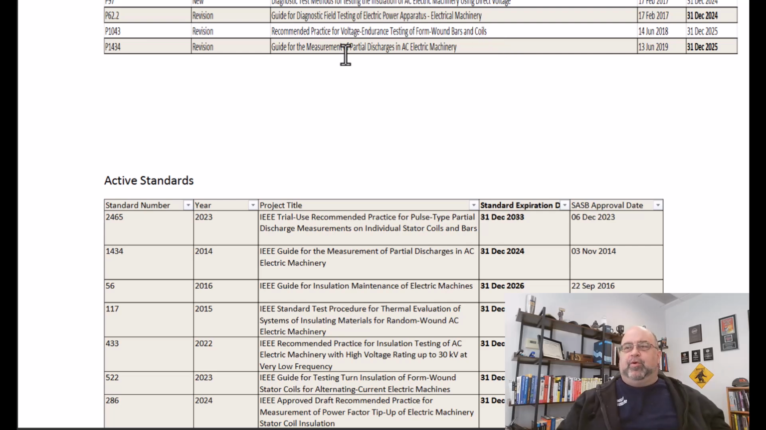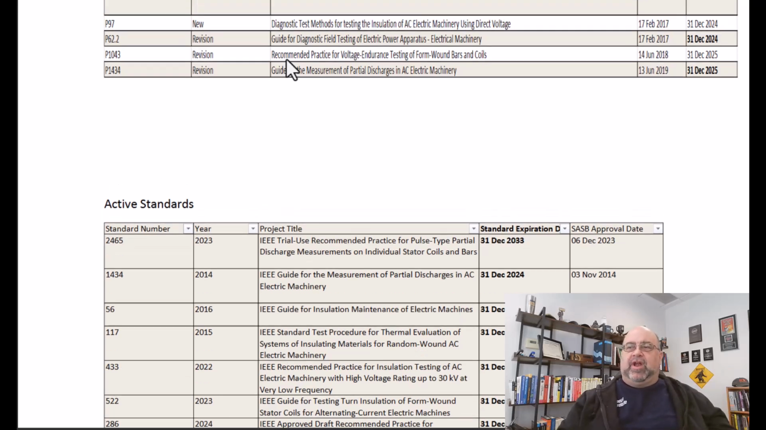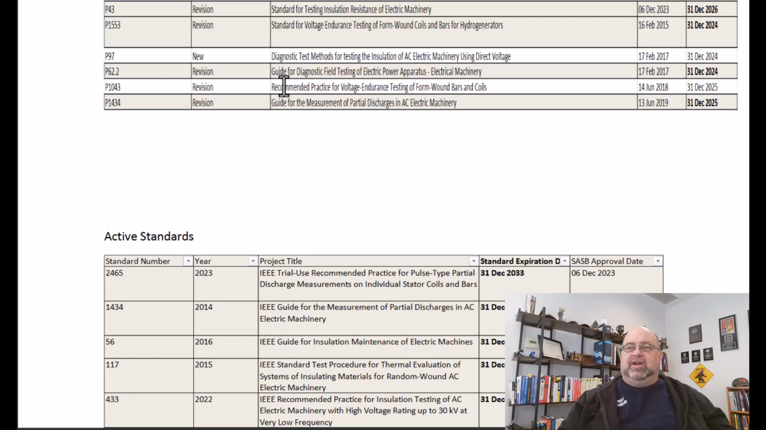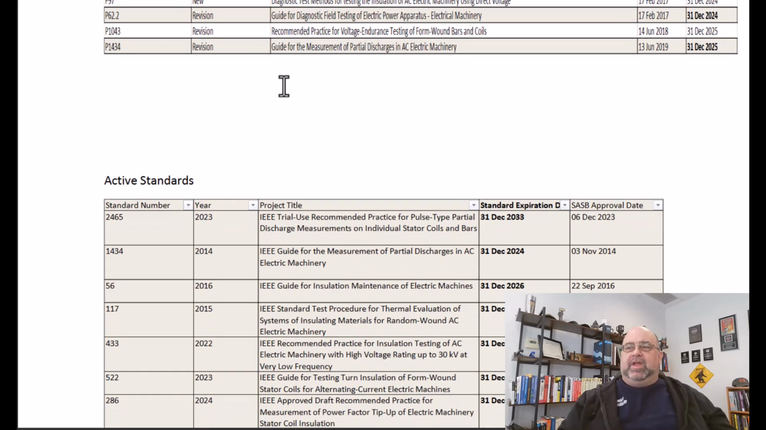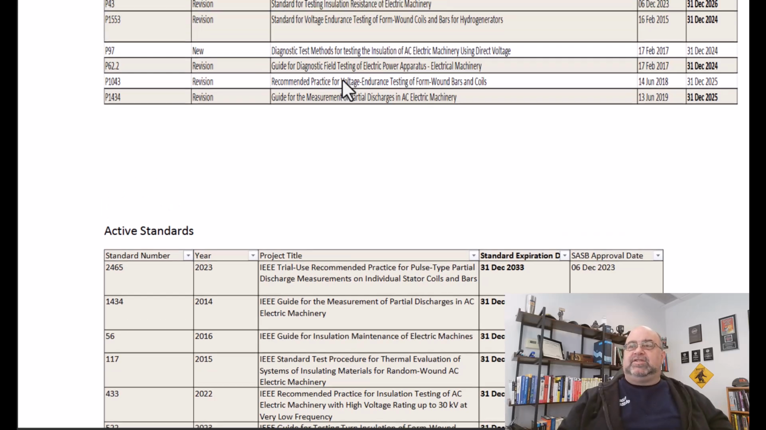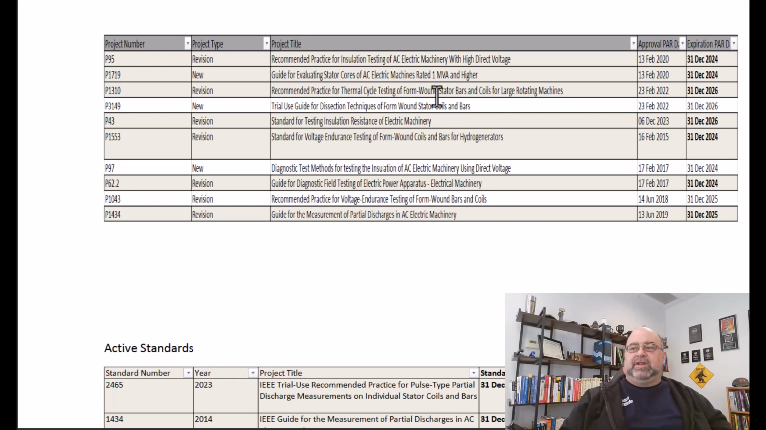And then one of the really important ones. Recommended practice basically means should, standard means you will, and guide means it's information, right? So this next one is the guide for measurement. That's 1434. Now this is an existing standard. 1434 is the guide for measurement of partial discharges in AC electric machinery. So this is your partial discharge standard. So these are the ones we worked on the last couple of days because they're the ones that are